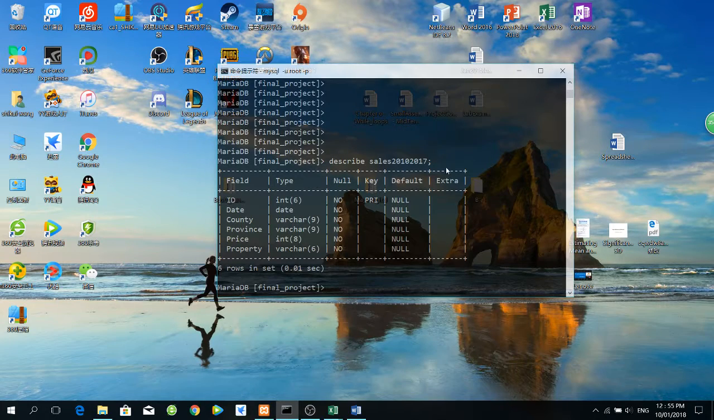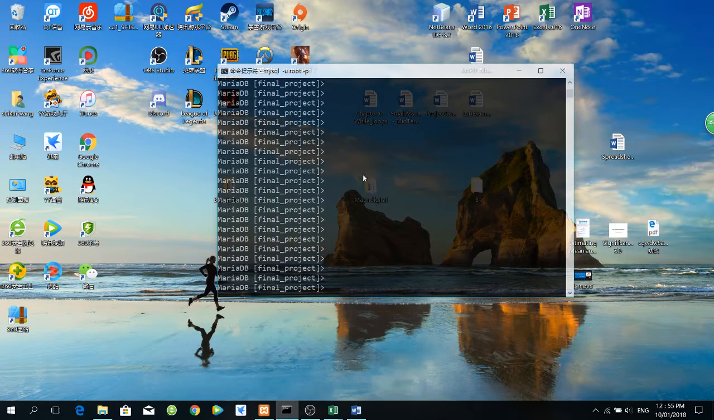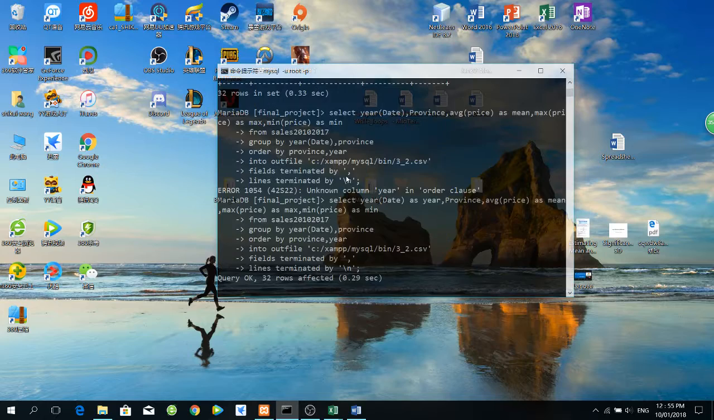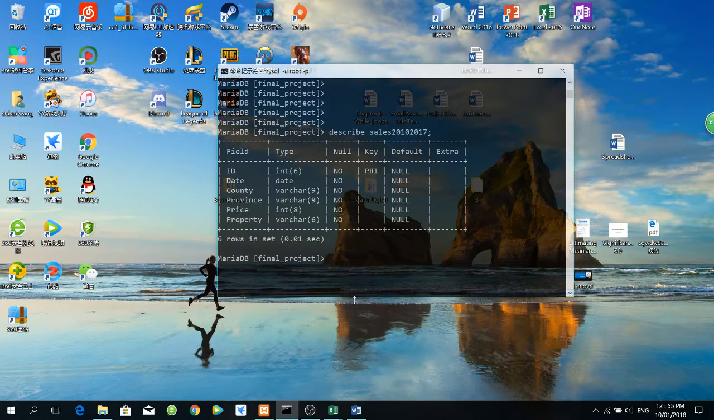And this is my database. The final project is my database, and in this database I have a sales 2010 to 2017 table, and this is the structure of my table. This is the ID, and this is the primary key, and the date, and you can see that